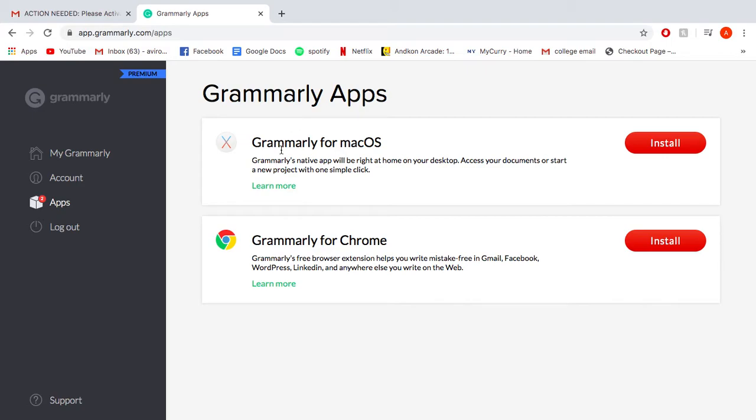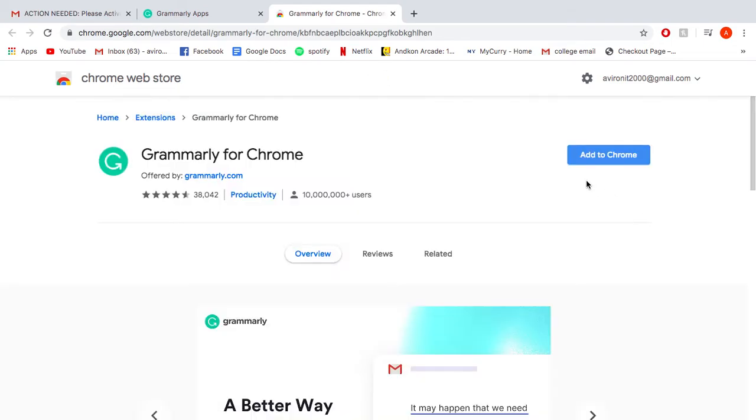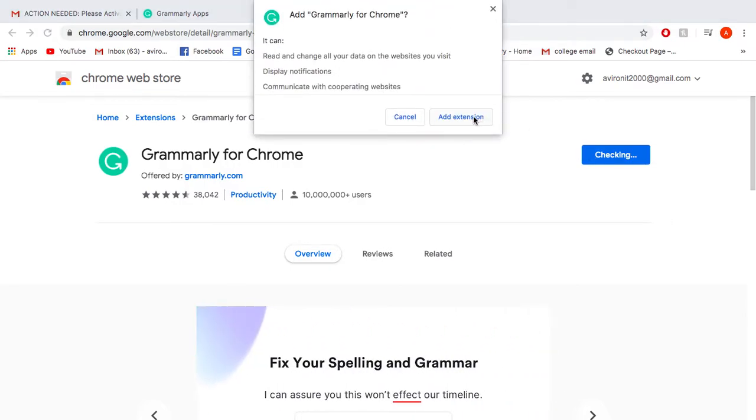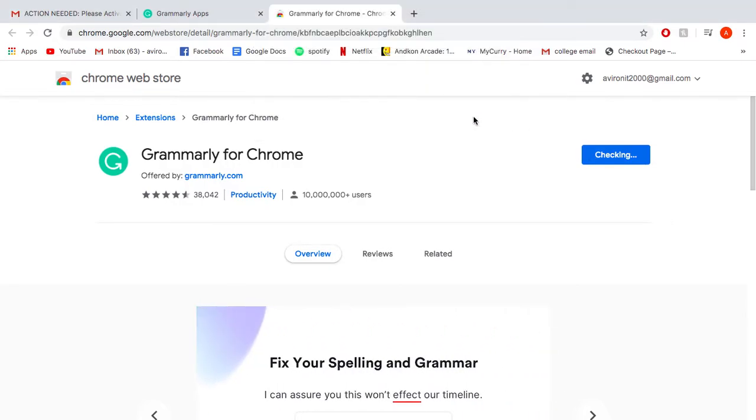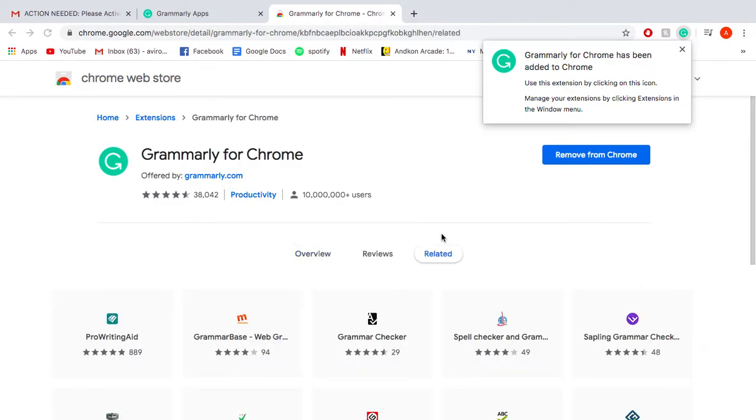You can also install Grammarly on your Mac OS. We're just going to do Chrome today, so you press install, and you say add to Chrome, add extension. It's just checking to make sure that everything's good to add it. Awesome. So Grammarly now has been added,